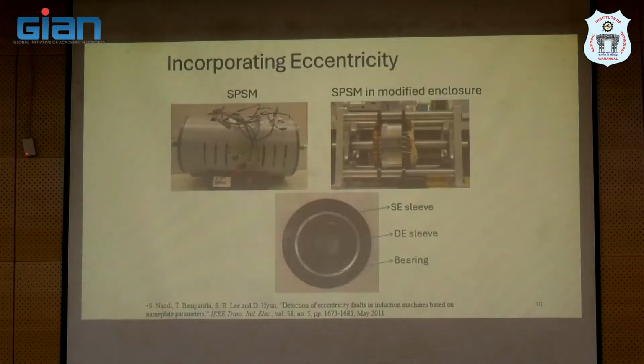So one thing I want to caution you about is that this arrangement will work well if you do not have a permanent magnet in your rotor. If you are planning to use a modern EV motor, which is permanent magnet based, and most of these permanent magnets are rare earth magnets, they're extremely powerful. What does that mean? You cannot pull it out or push it in as per your liking. So this approach of having eccentric bushings which can be replaced is not going to work for modern